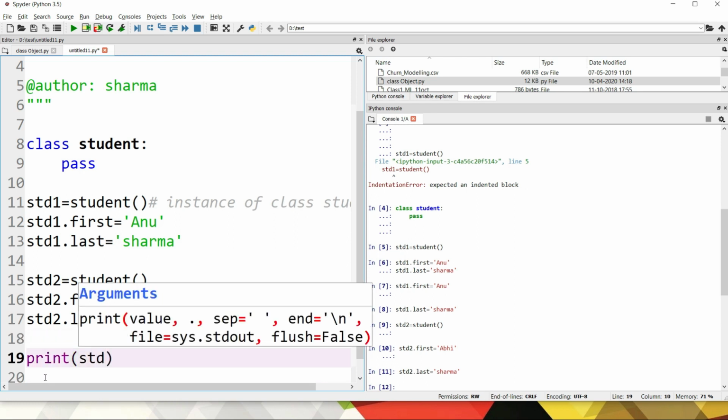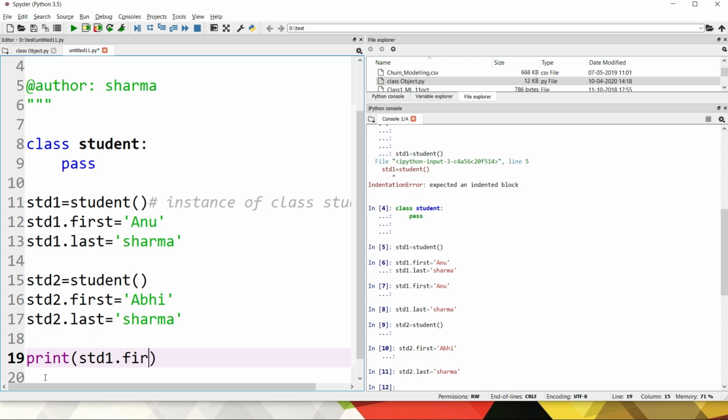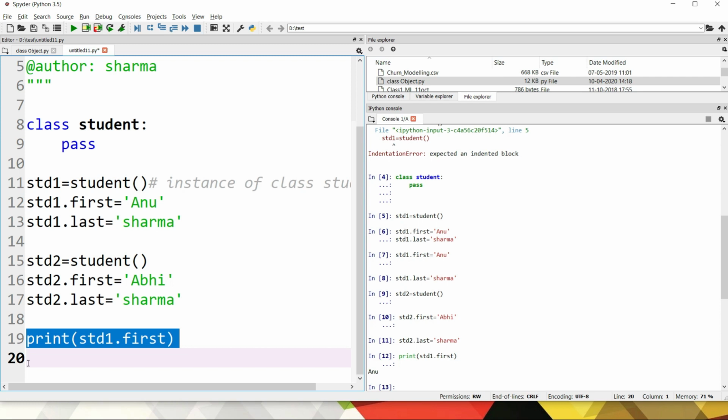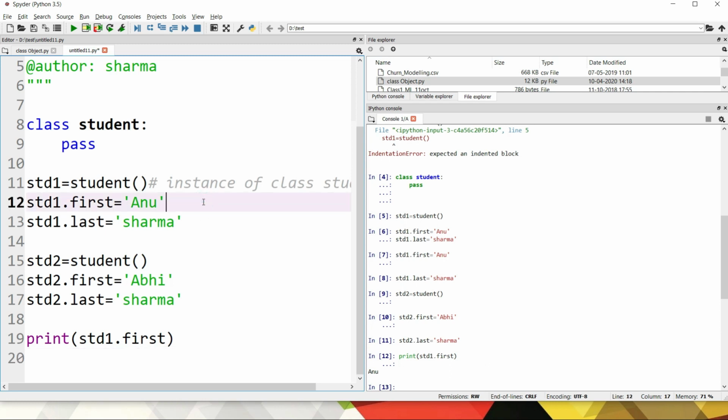What was the first name of my first student who enrolled in my class? So how can I do that? Simply using the object name dot the instance variable name, right? So you need to understand, as I told you, that variables are of two types, class variable and instance variable or the object variable. So here what I'm creating are the object variables.